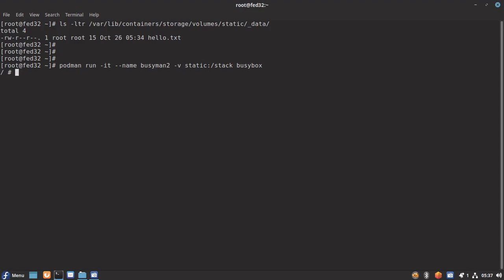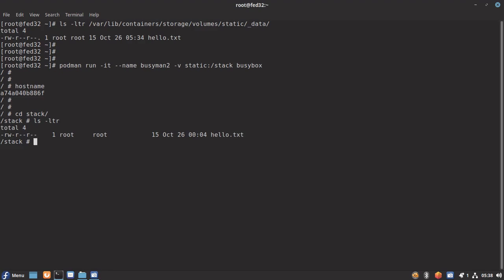Okay, now our container is created, and this is a new container. Let me go into the stack folder now. Okay, that is the stack folder that is mapped to the static volume. Here we can see the hello.txt file that is available in the volume static.